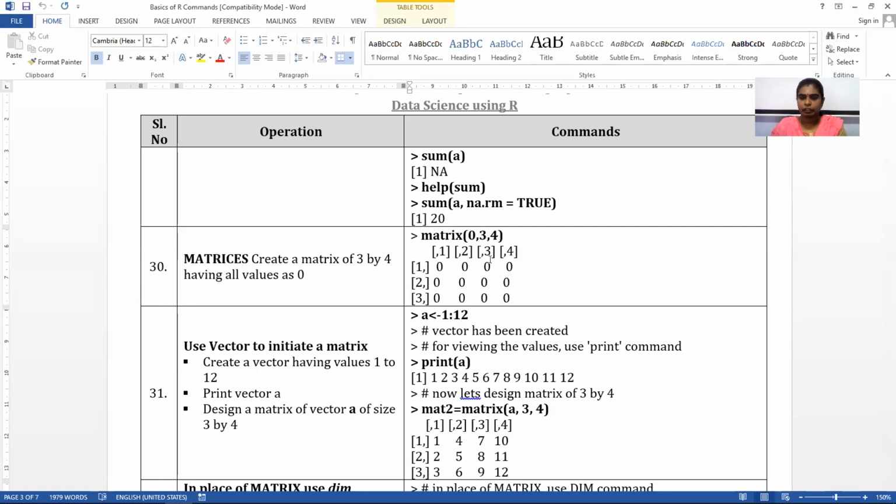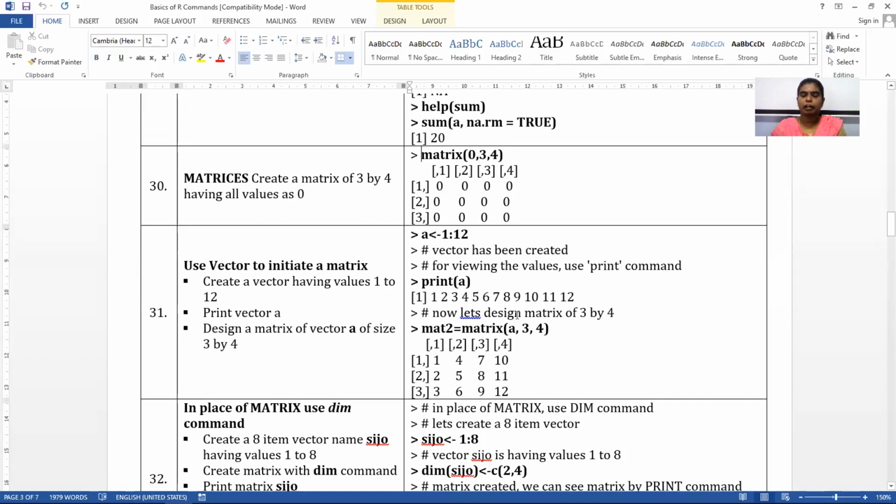So how to create a matrix? We started with creating a zero matrix, or I can say a constant matrix. How did we achieve that? Just by calling a function, matrix. The first attribute we have to pass to the matrix function is the data, what data you want to fill in the matrix. So we have given 0. Then we have given the number of rows and columns. We have given 3 rows and 4 columns in our example, and we fill the entire matrix with 0. The same way we can fill the matrix with 1 or 10 or any constant value.